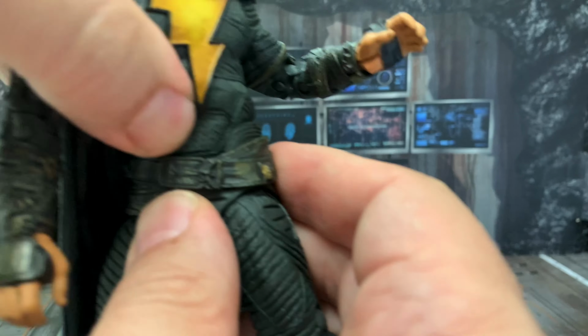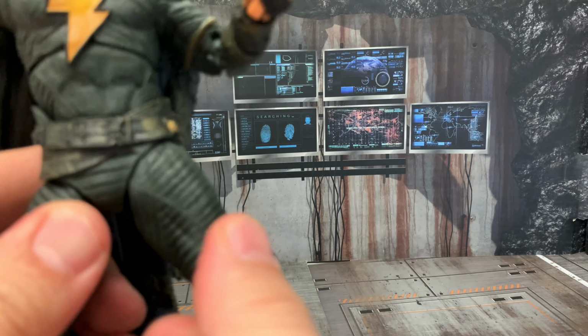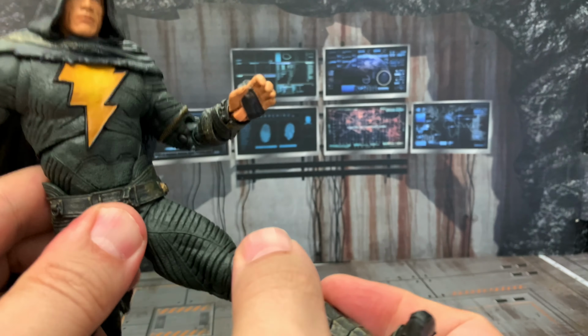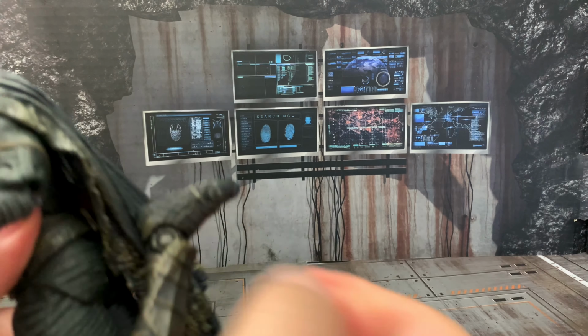And we've got that kind of swivel, but it doesn't look like, oh yep, the bottom part does swivel as well where the waist is. So with that said, we've got not a generous amount of thigh swivel. It is a little bit stiff there, but The Rock can kick out this much. We've got the double jointed